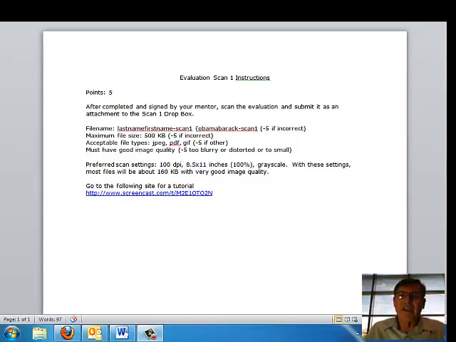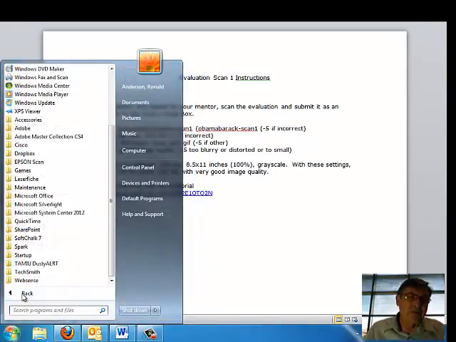Okay, I'm going to give some scan instructions so that you can scan your evaluation from your mentor teacher. This is the document that's going to be scanned, and I'm going to show you how to do this. First thing you need to do is go down to the bottom, go to All Programs,